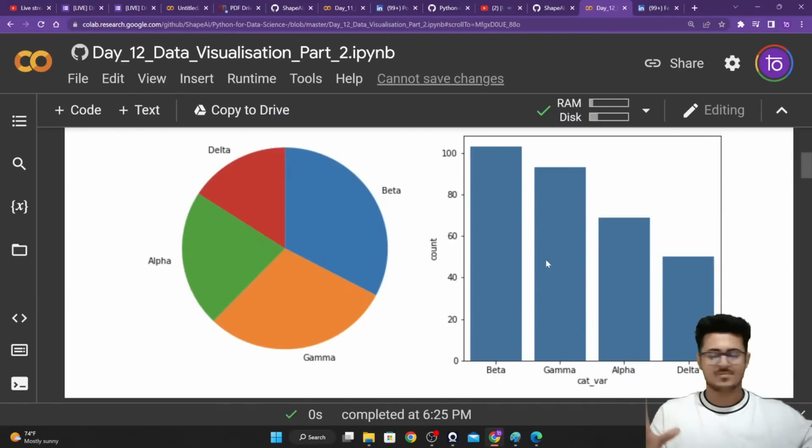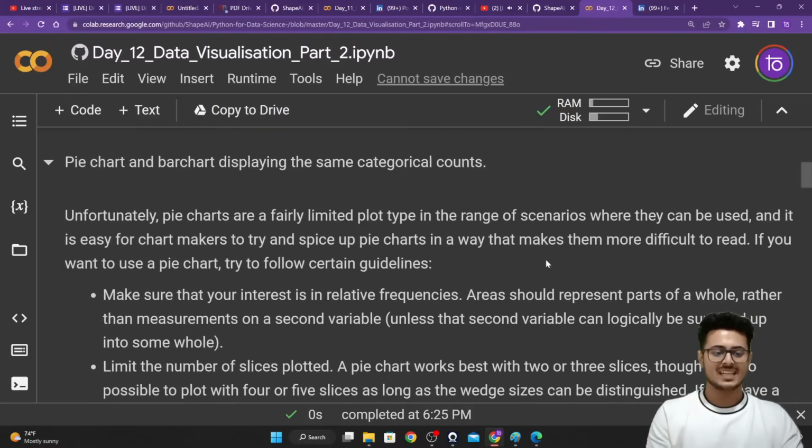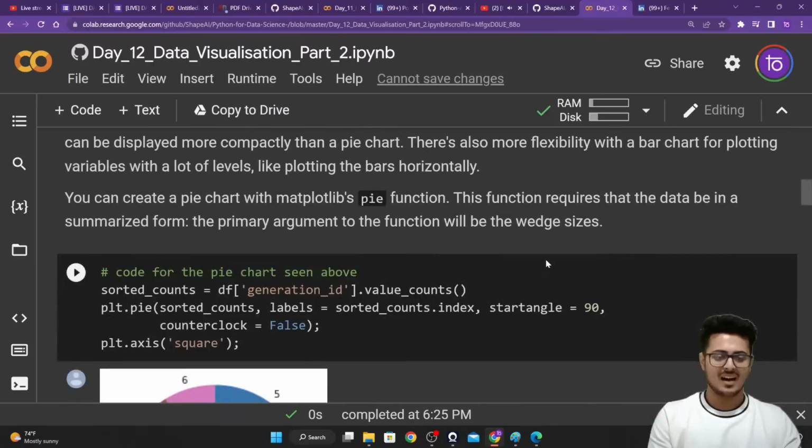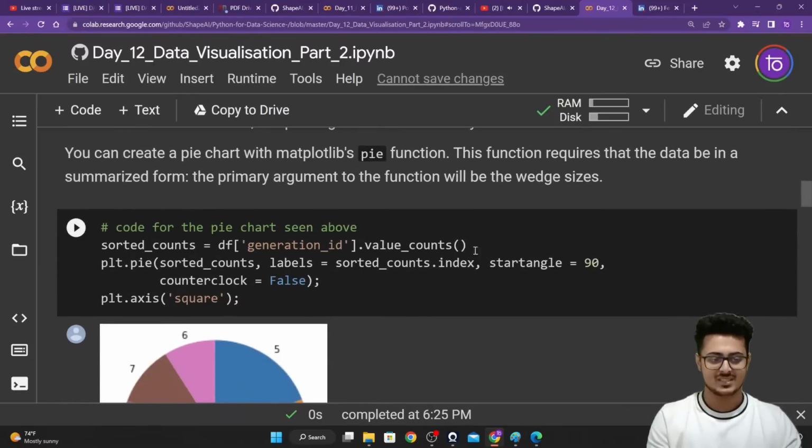I am not going to explain how a pie chart basically works because I understand that most of you have made a pie chart at some point of time. Even if you have not, maybe you have cut a cake. Cutting a cake, you are going to get just one piece of the cake itself. That might be something that you have done at some point of time. So we'll directly go into how to create a pie chart itself.